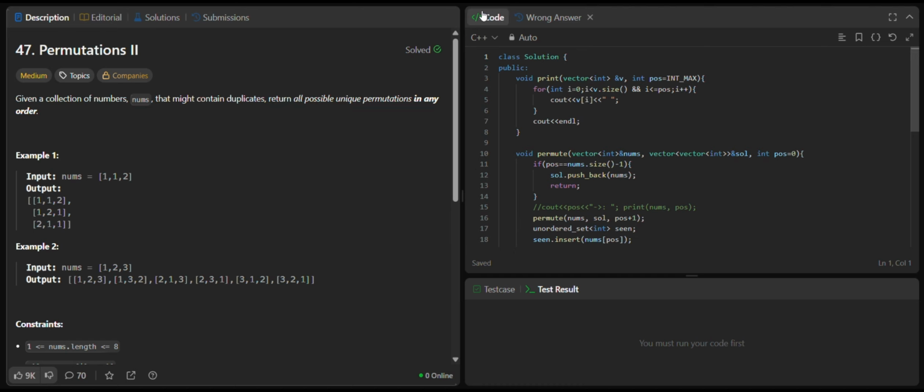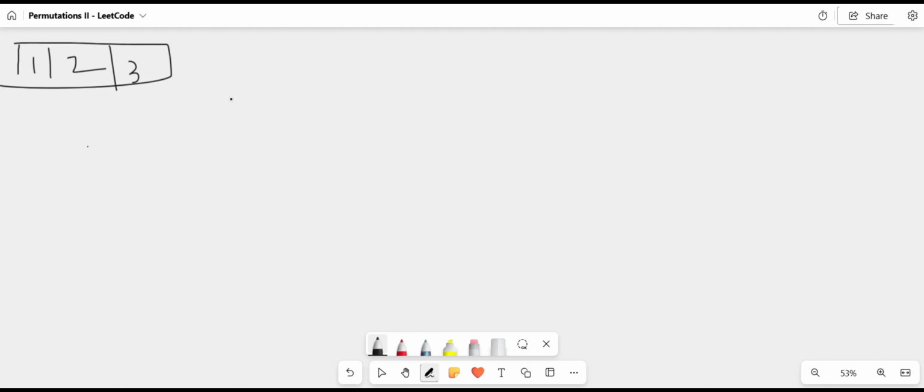Hello everyone, let's take a look at this problem which is Permutations 2 from LeetCode. Now this is an advanced version of the problem Permutations 1. In this problem, the elements that are present in the given input might be duplicate. To understand the solution to this problem, let's first take a simple example from Permutations 1 where all the elements